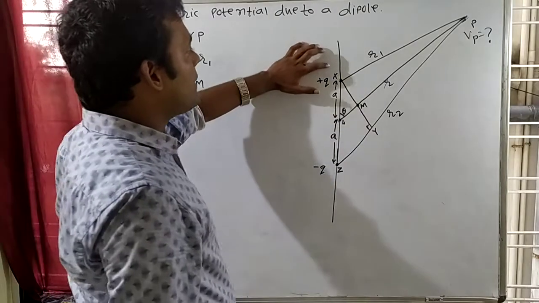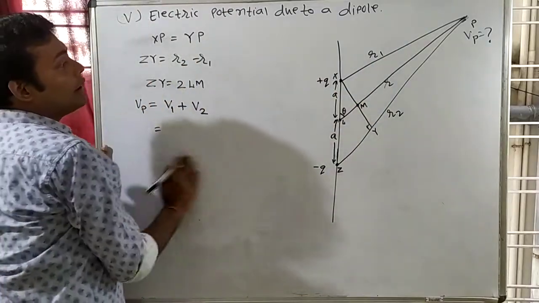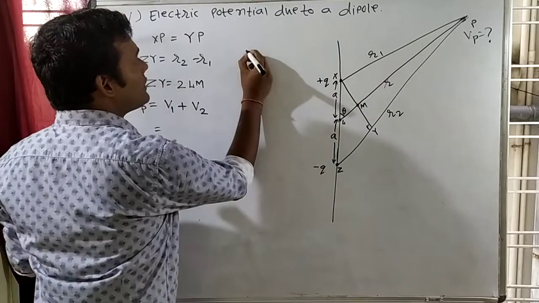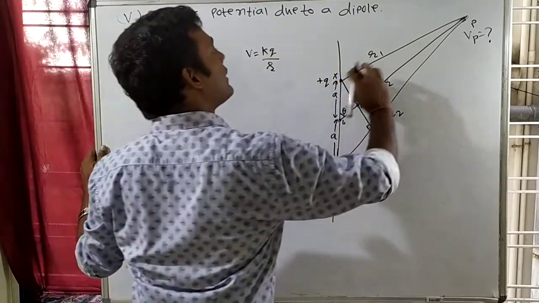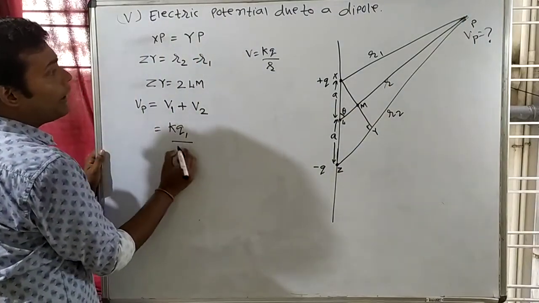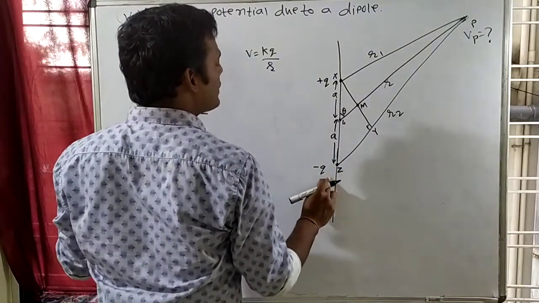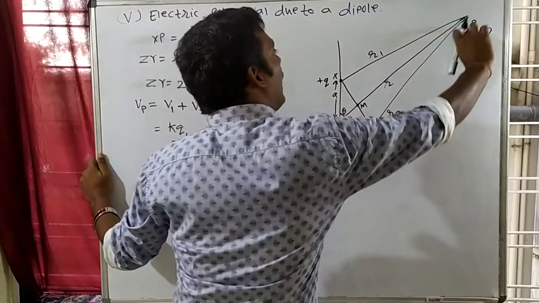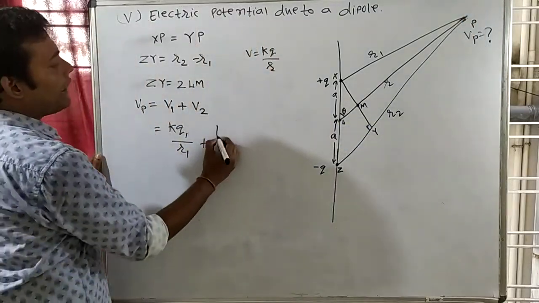So the potential due to this point, let's say this is first. What can we write? What is the potential formula? The potential formula is KQ by R1. So this is a positive charge and this distance is how much? R1. So this will be KQ1 by R1 plus the potential due to this charge. This distance is how much? R2. ZP distance is how much? R2. So can we write K